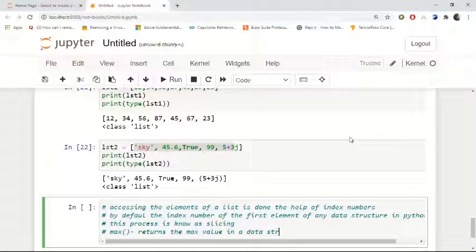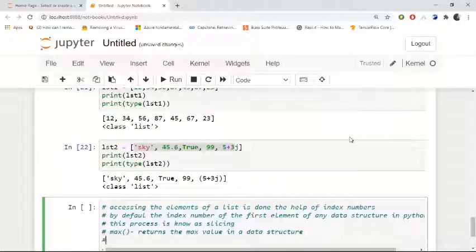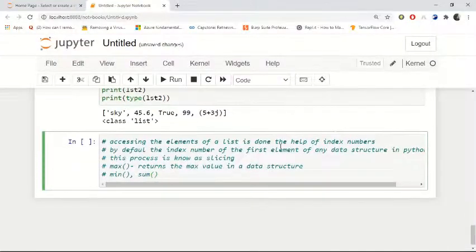Now keep this in mind, this particular function will only work with the data structure having the similar data type. The reason is that you cannot compare sky with true, or you cannot compare any other values with a complex data type, right? So this max function, this min function, or sum function, all of these functions will only work on the data structures having the same data type, because